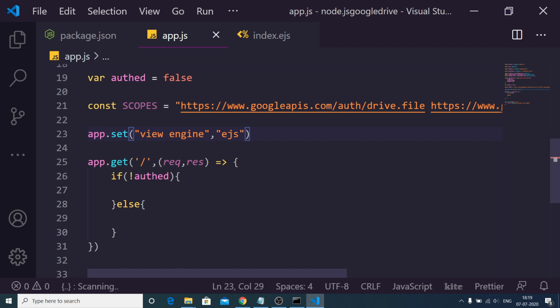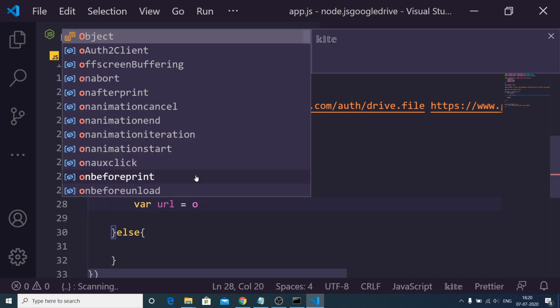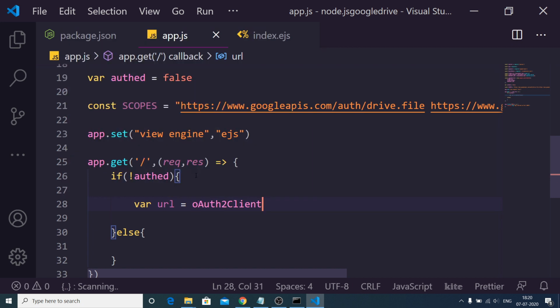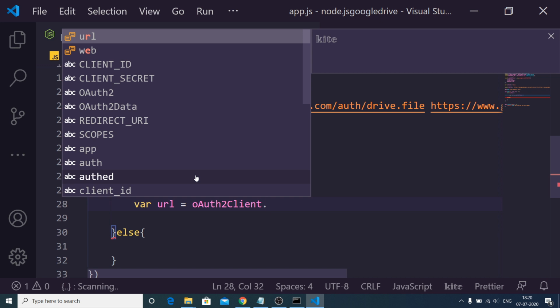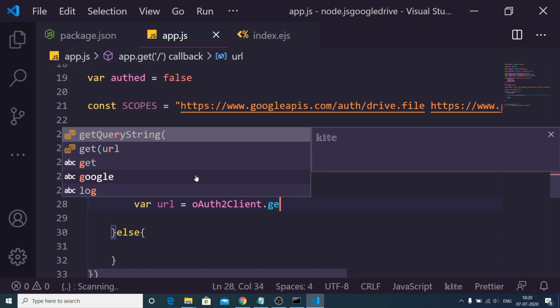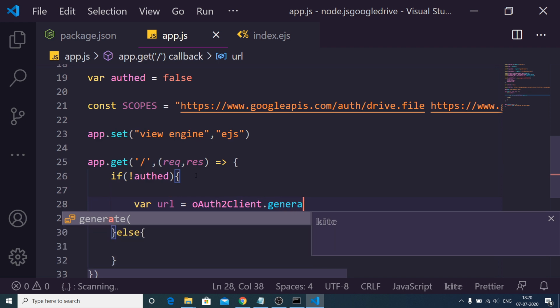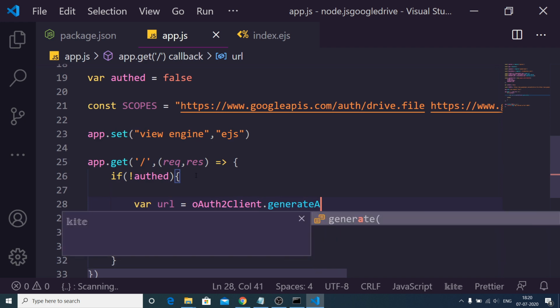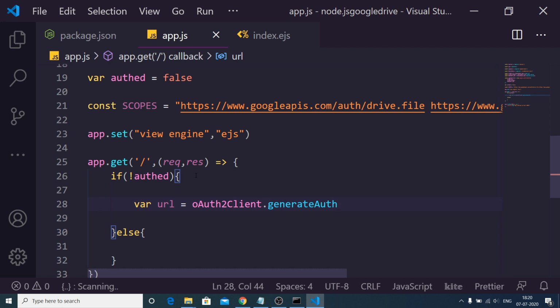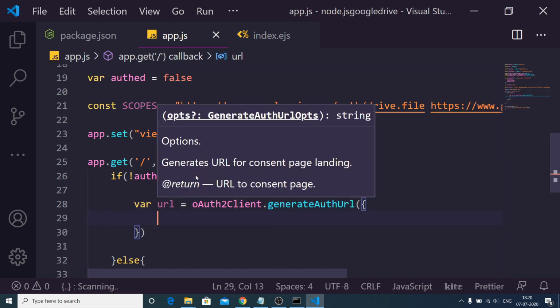Now inside this if condition, we need to make a URL for redirecting the user. So we will be making a new variable here, URL. Inside this we will make use of the OAuth2 client that we have made here, and inside this we have a method which is generateAuthUrl.